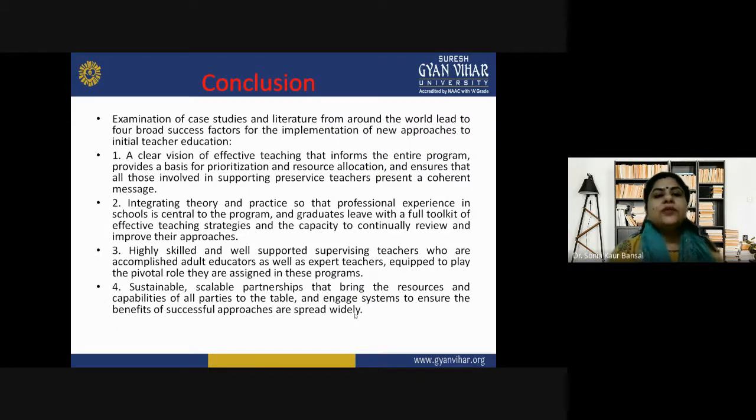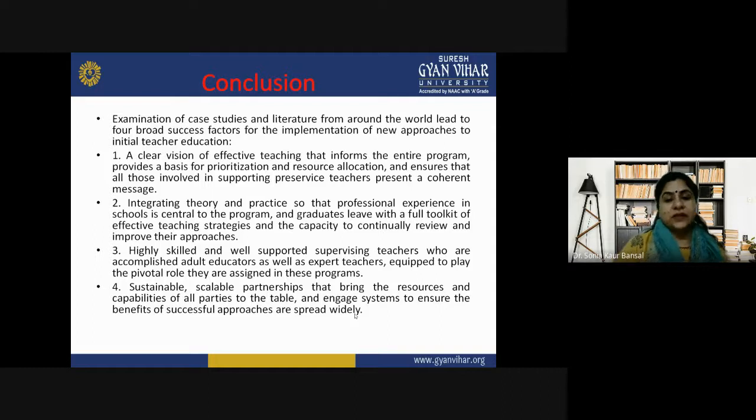Now, in conclusion, we can say that there are many research trends that are prevailing in society, and examination of case studies and literature from around the world lead to 4 broad success factors for the implementation of new approaches to initial teacher education. Okay, students, so just understand, number 1, a clear vision of effective teaching that informs the entire program, provides the basis for prioritization and resource allocation, and ensures that all those involved in supporting pre-service teachers